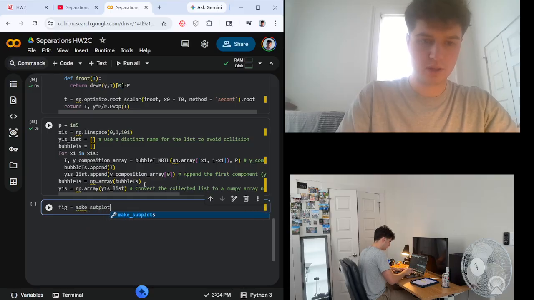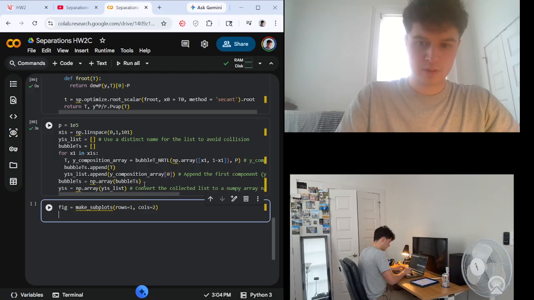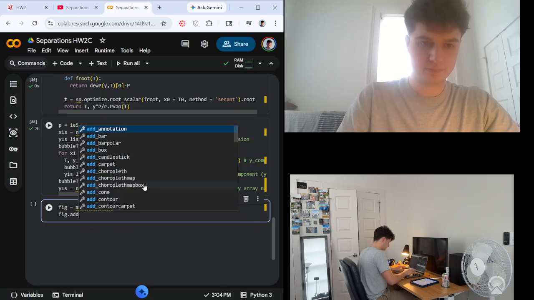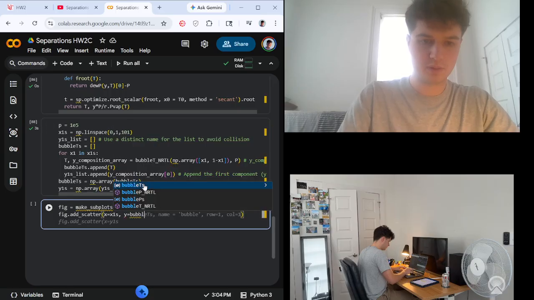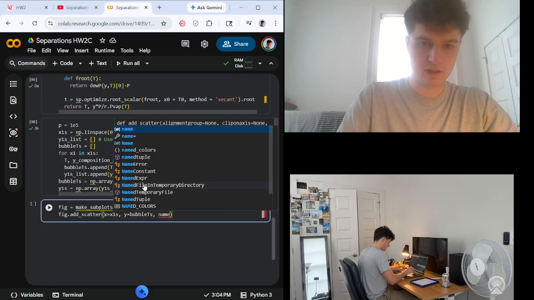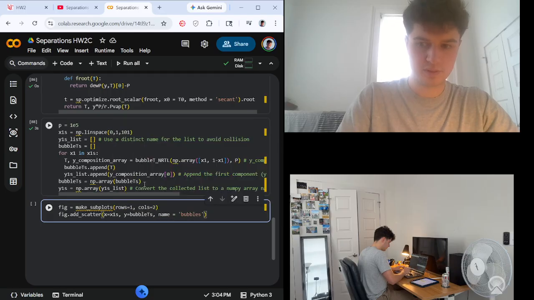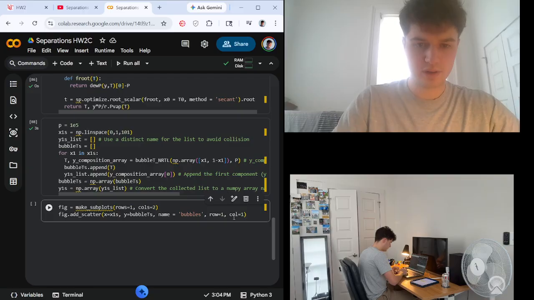fig = make_subplots, rows equals 1, columns equals 2. fig.add_scatter, x equals x1s, y equals bubble_ts, name equals bubbles, row equals 1, column equals 1. Now just to save some time, we are going to copy this